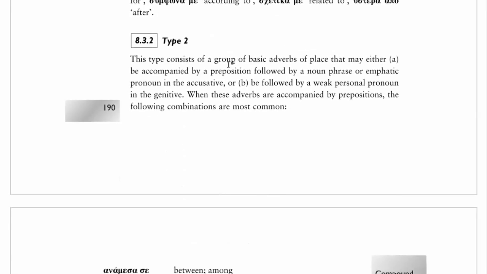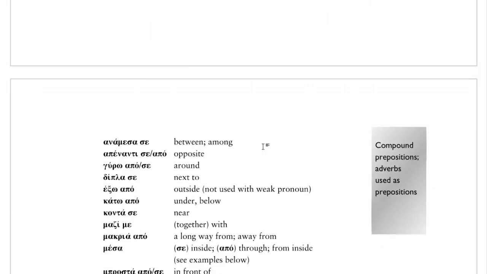Okay, and then type 2. This type consists of a group of basic adverbs of place that may either a. be accompanied by a preposition followed by a noun phrase or emphatic pronoun in the accusative as the direct object, or b. be followed by a weak personal pronoun in the genitive, possessive, or noun modifying a noun. When these adverbs are accompanied by prepositions, the following combinations are most common: